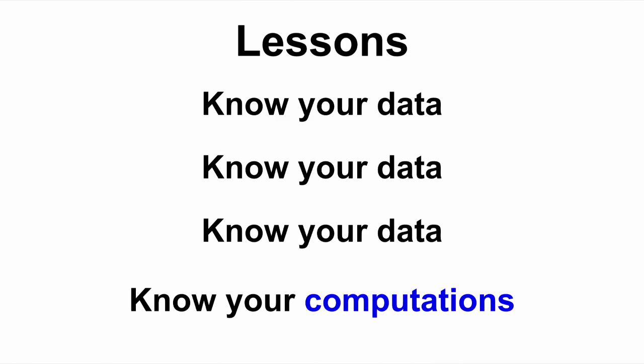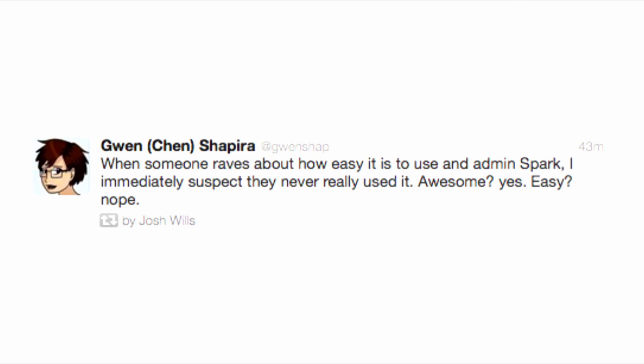computations. As I said, Spark uses lazy execution. You need to be smart enough to know when to let Spark recompute on the fly, versus when to tell Spark not to recompute because it's a very expensive operation. In closing, this tweet essentially sums it up. Spark is awesome, but it's not easy, and it's not something we can roll out immediately or tomorrow. As developers, you're going to have to learn how your data and system work. As ops people, we're going to have to know how to run a cluster.